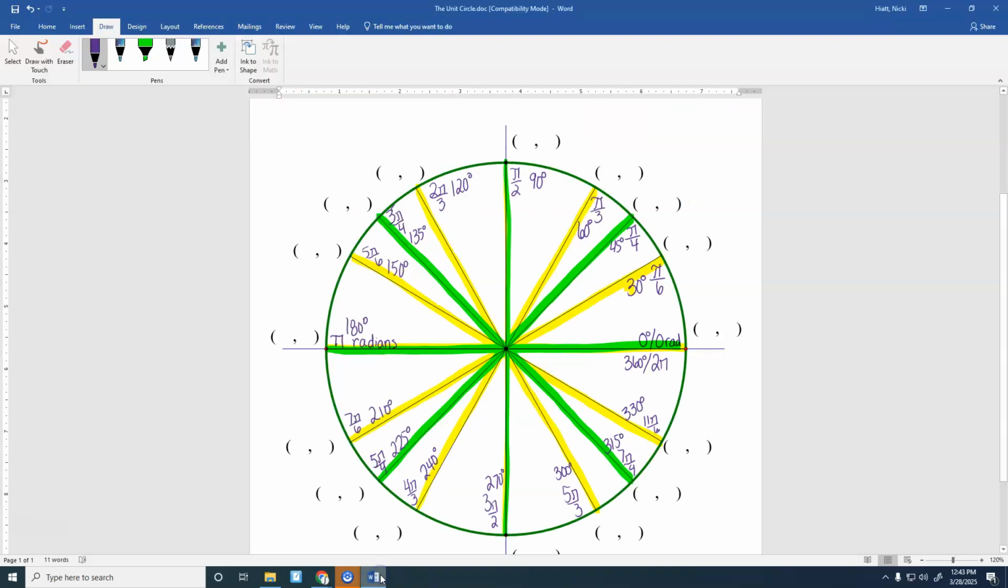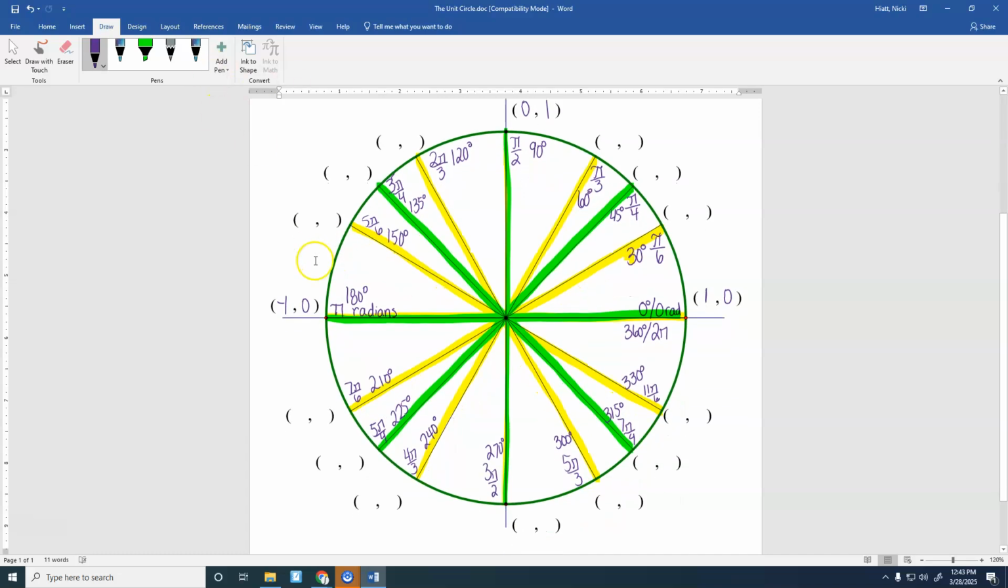So let's fill those in on the unit circle. We got 1, 0 right here. We've got the point 0, 1 right here. Here we've got negative 1, 0, and down here we got the point 0, negative 1. So that's the case for all of these coordinates on the outside. They are points that are